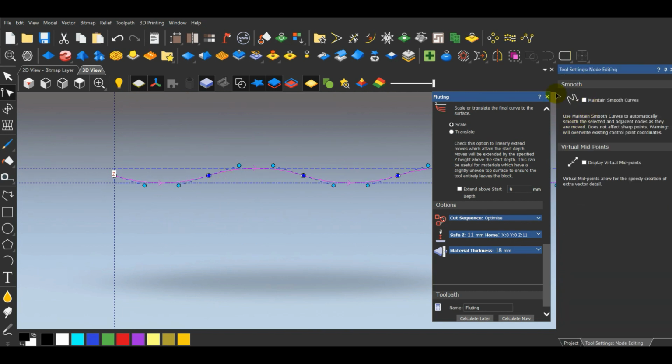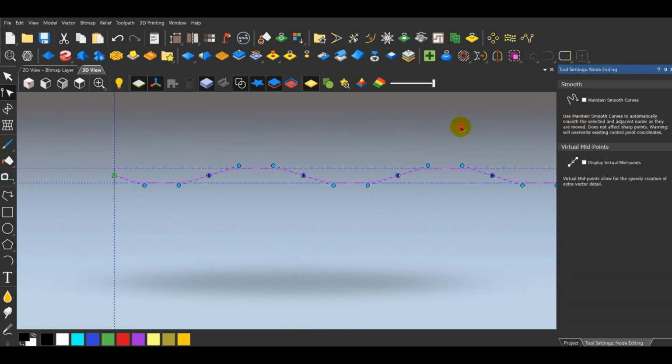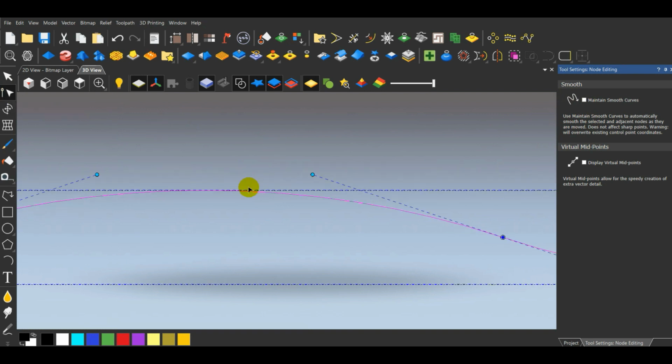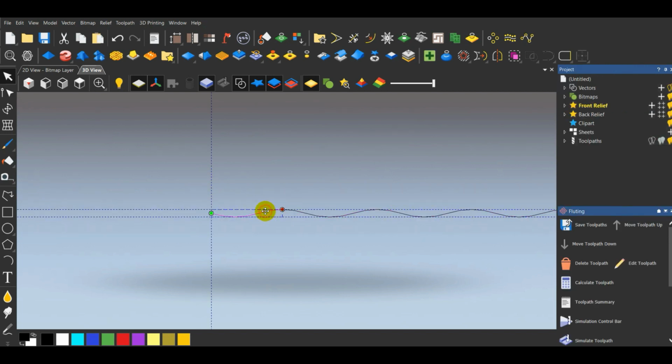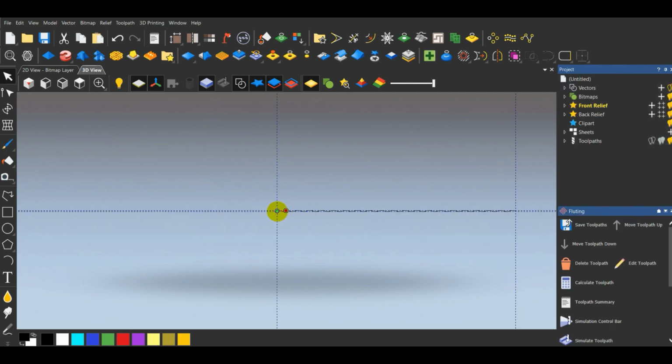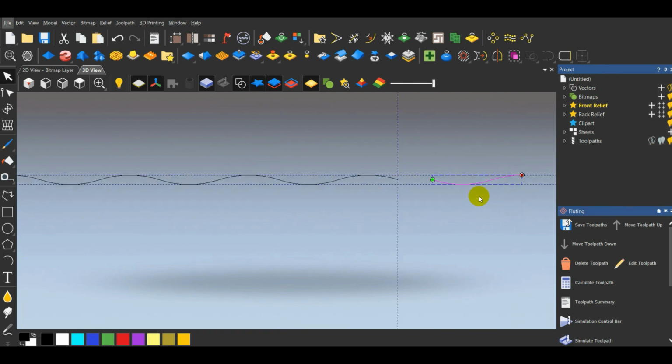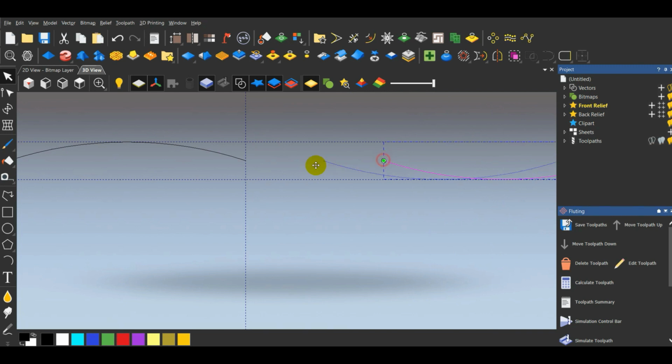Go into the node edit mode. Firstly, close this. Go into the node edit mode by pressing L, or you can directly click here, node editing, and then insert. I press I to insert a node in this topmost bounding box. Then the remaining cutting part, you should press Alt and simply drag it to the end of this Z modulation curve and simply join it with this